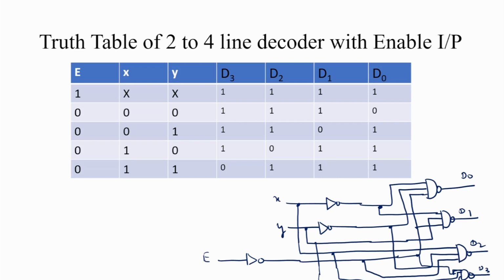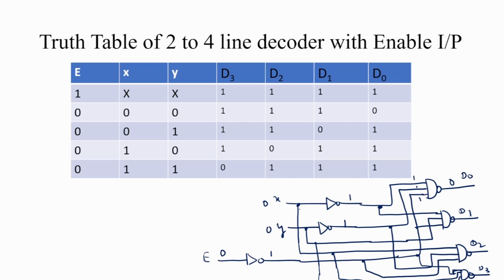What happens when the value of x is 0, y is 0, and E is 0? When E is 0, x is 0, y is 0, this means this is 1, this is 1, this is connected here. X complement means this is 1, and E is 0, so E complement is 1, this is also 1. So all the inputs are 1 1 1. In the case of a NAND gate, when all inputs are 1, the output is 0. And when at least one input is 0 in case of a NAND gate,